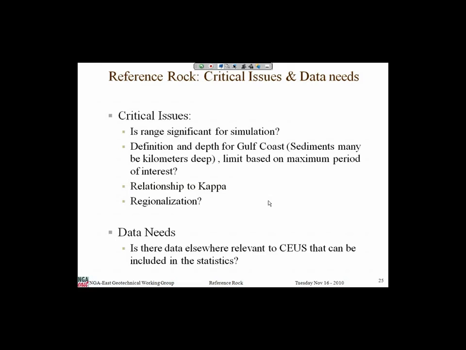There are instances in the east where people have done site response because they had 20 feet of concrete at 7,500 feet per second overlying 2.8 kilometers per second. That doesn't make a lot of sense to me. So a basic GMPE for hard rock in the east should be able to say it's good for this range in hard rock velocity. I think that would be real important.